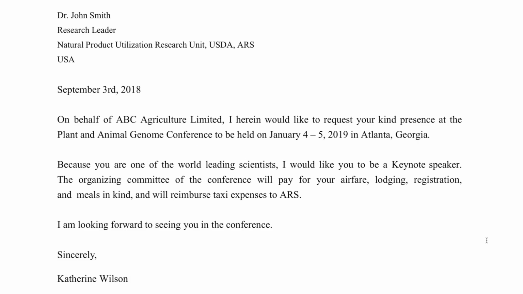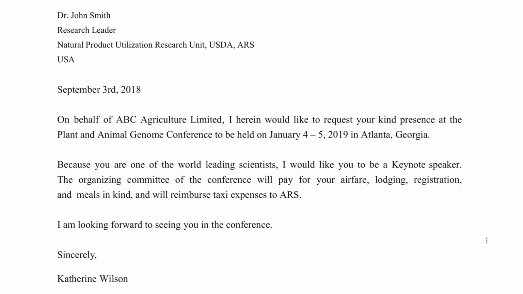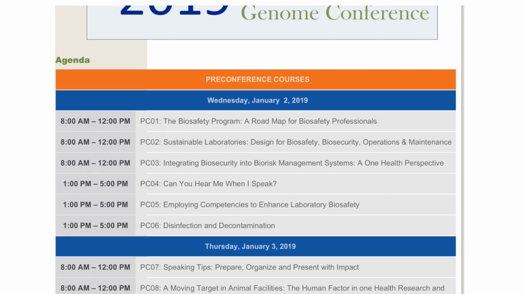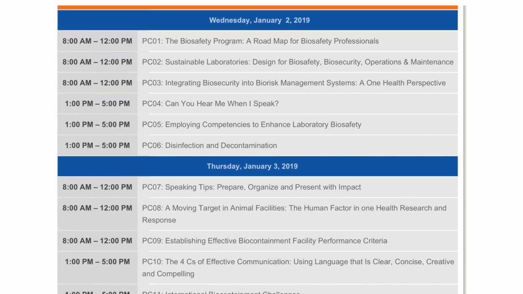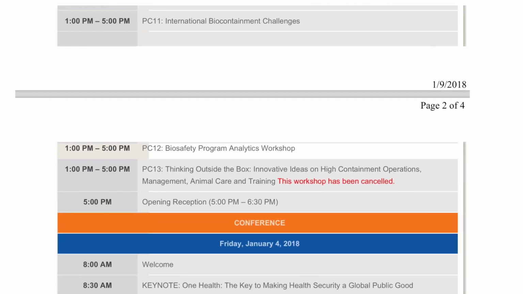The invitation should be an original letter or email from the sponsor. It must include the sponsor's offer to cover expenses and specify which expenses they are proposing. For example, airfare, lodging, and meals. This is important. An invitation that just says we will cover your travel costs is not sufficient. We ask for an agenda or related documents so that we can make sure the event qualifies as a meeting or similar function as defined in the travel regulations.